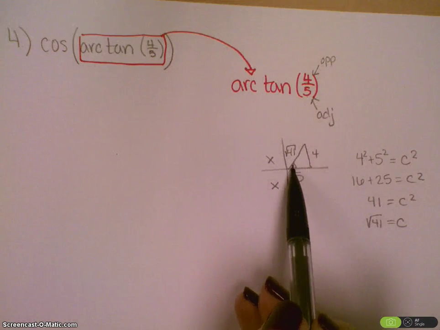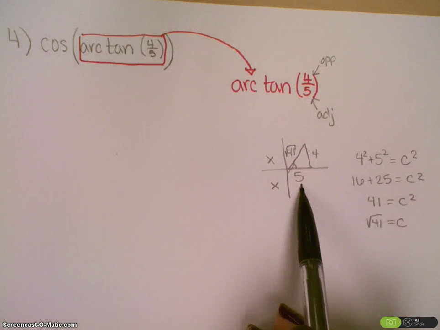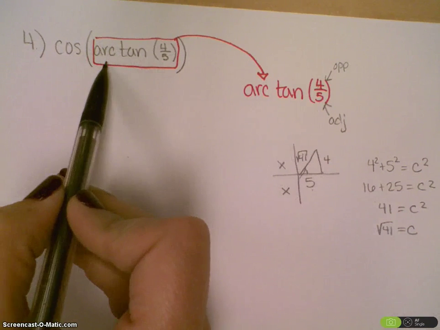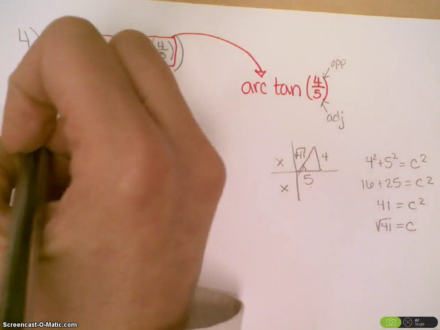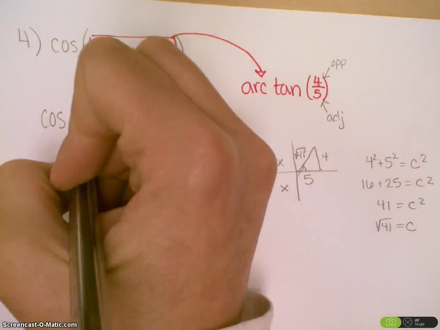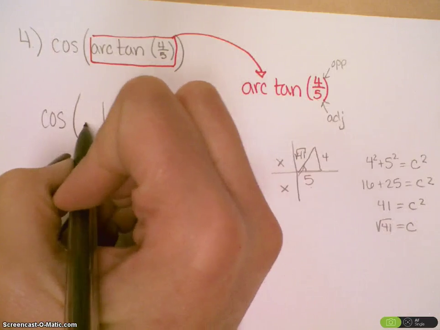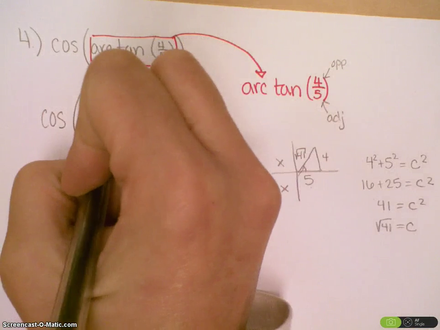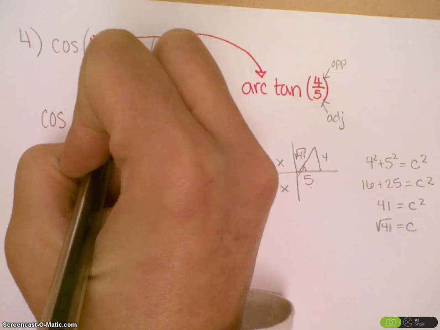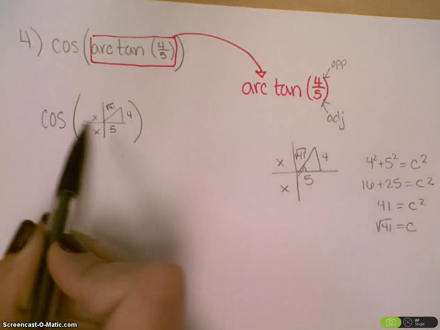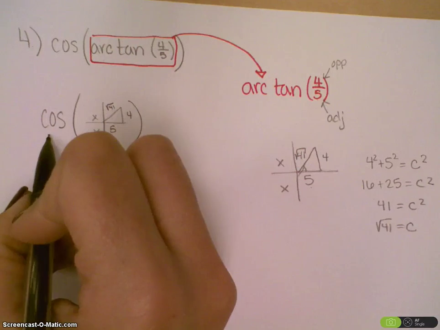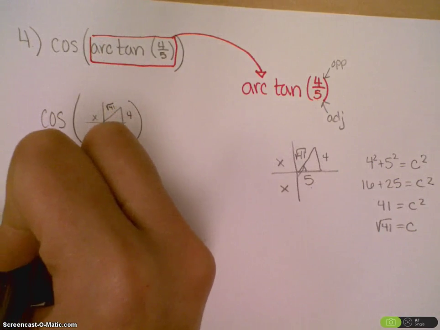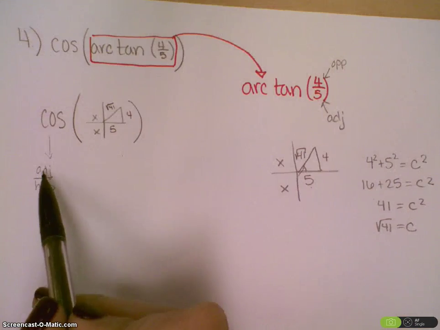Now, we don't know what this angle is, but what we could do is use the picture for our insert. So now we're finding the cosine of this picture that we created. So the cosine is talking about, again, the adjacent over hypotenuse. So finding the adjacent